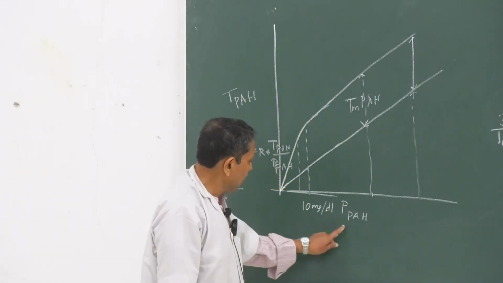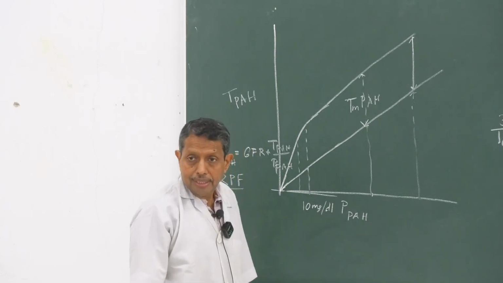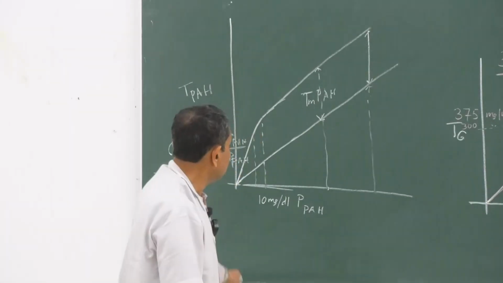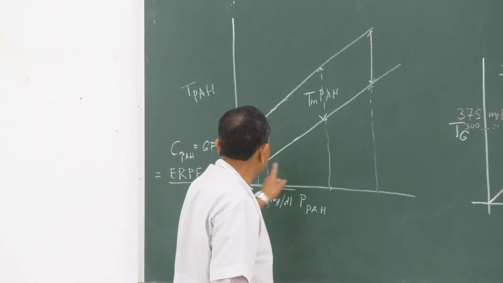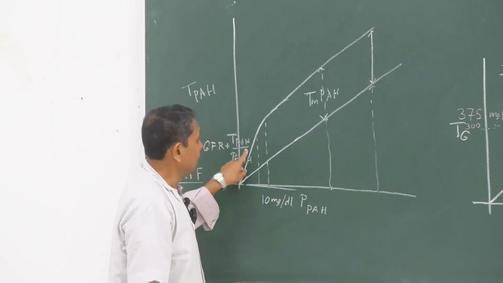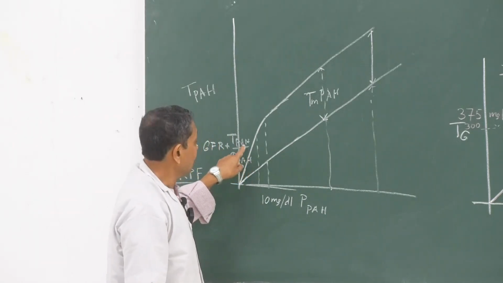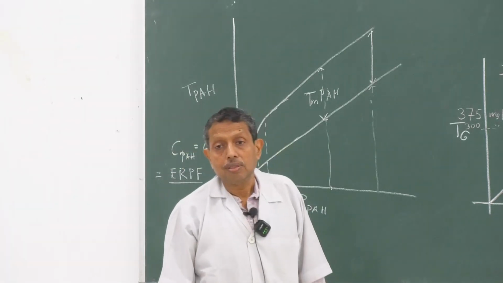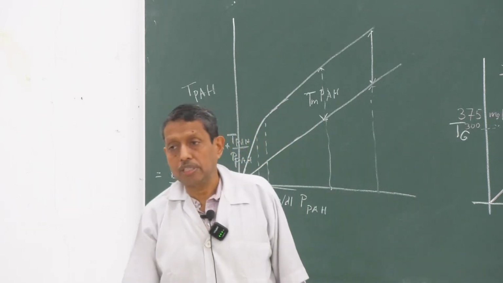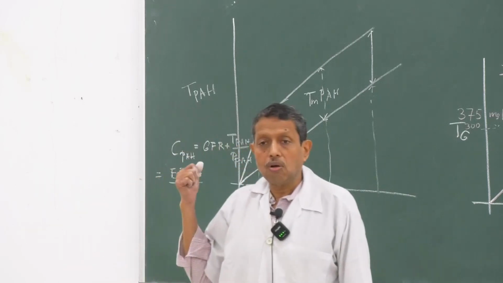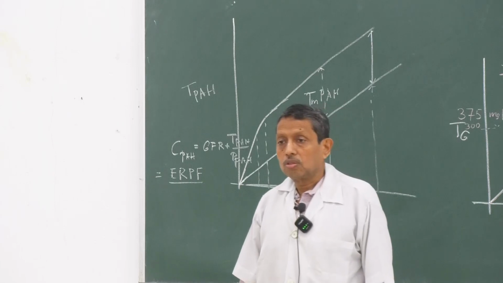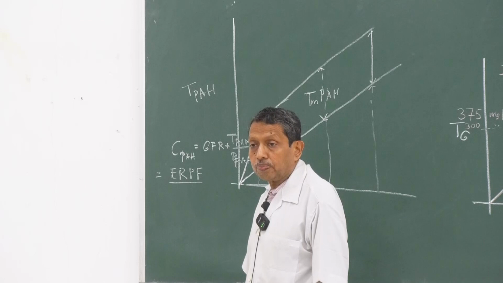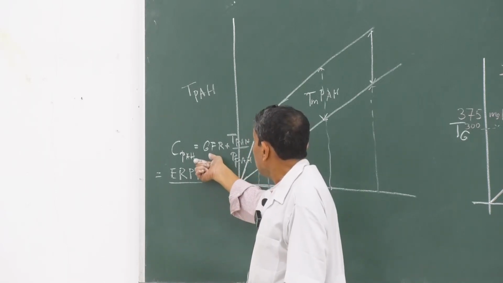So initially the clearance of PAH will be very high, but when it exceeds this value, it will gradually reduce, because the numerator becomes constant, while the denominator goes on increasing. So it will be less and less than the effective renal plasma flow,